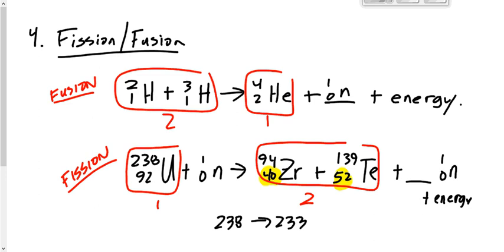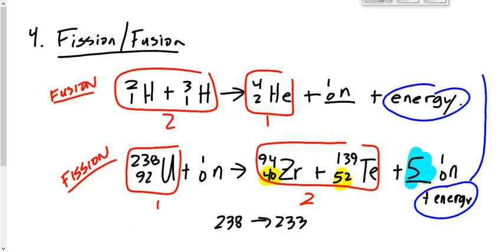What else is produced? How many neutrons is it? It'd be 5 neutrons, right? So now we got 238 goes to 94 plus 139 plus 5 gives me 233. So sure, it ends up being 5 neutrons produced there, plus some energy. Do you guys know where that energy comes from? In both cases,